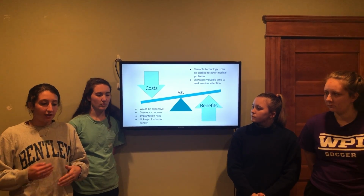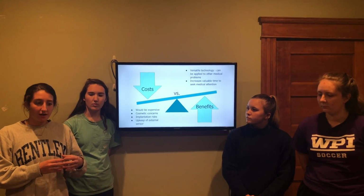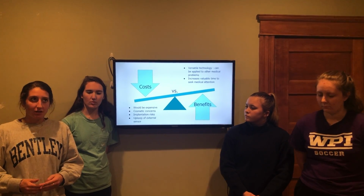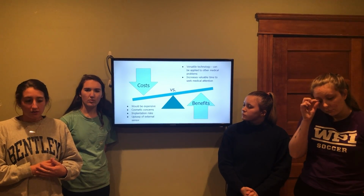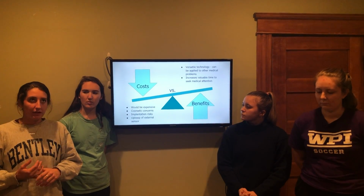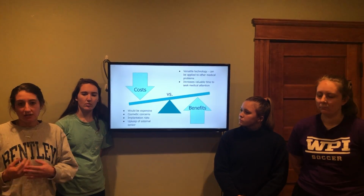So there's the concern that it could be seen by somebody, even though it is a fairly small patch about the size of a continuous glucose monitor that a diabetic patient would wear. As for this patch, there is also the concern of having to replace the adhesive that goes on to the patch to keep the external receiving unit in place. And then one other cost is that there is a risk of implantation when the smart stent is inserted in